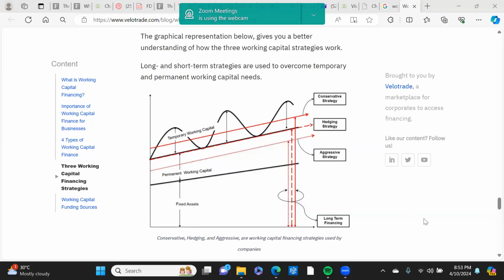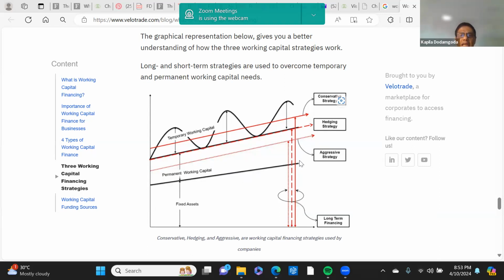Yes, please. Right. Okay. Now, basically, we have fixed assets. Are you familiar with this diagram? We'll explain it, right? Ideally, the fixed assets are long-term assets, so they will have to be funded with long-term financing sources. And then on top of that, you have your current assets, right? Your current assets will be on top of your fixed assets: inventory, debtors, and the cash requirement.